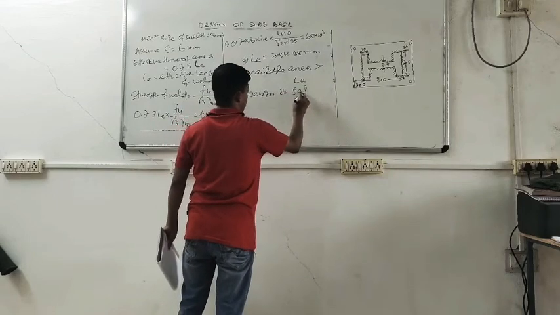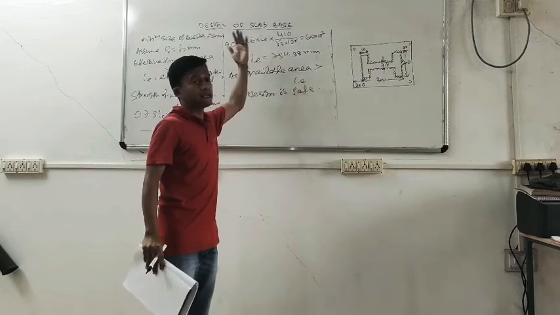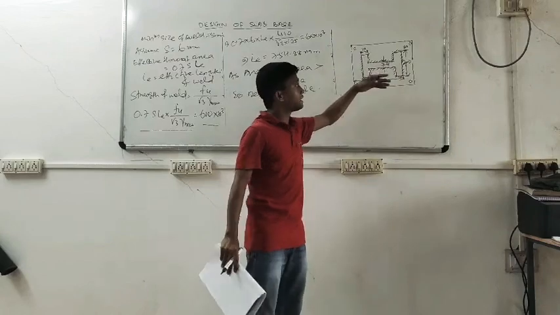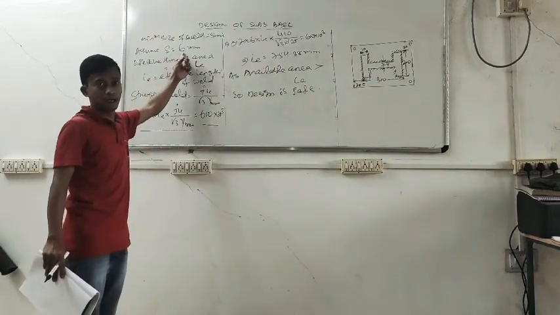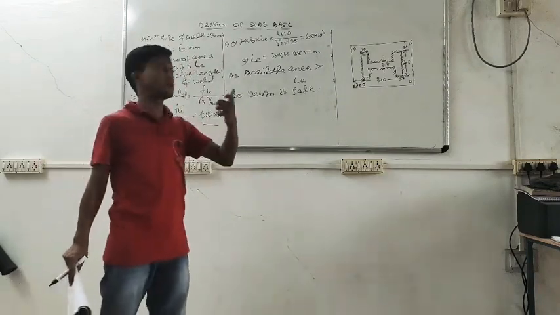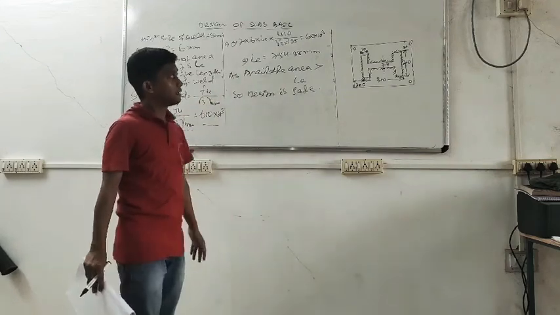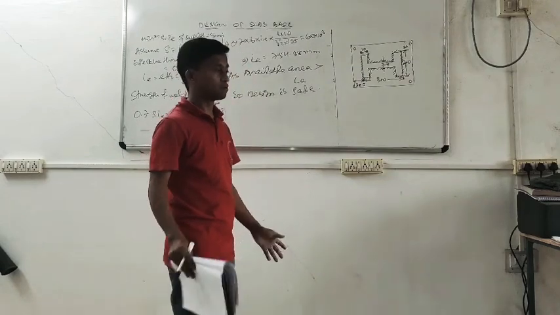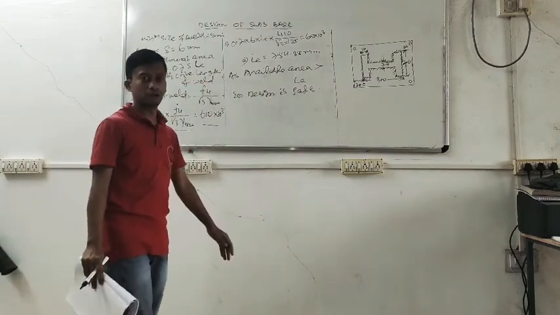the design is set. In case the LE value is greater than our available length for welding, then you have to redesign your weld. You may increase the size of welding. If you increase the weld size, then less length of welding will be required. In this manner you can design a slab base for the steel structure. Practice other problems and write down the detailed procedure. Okay, thank you.